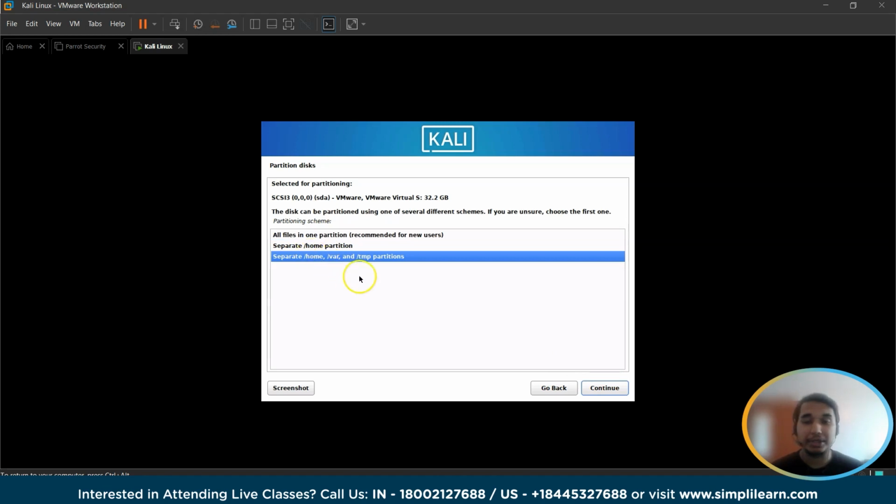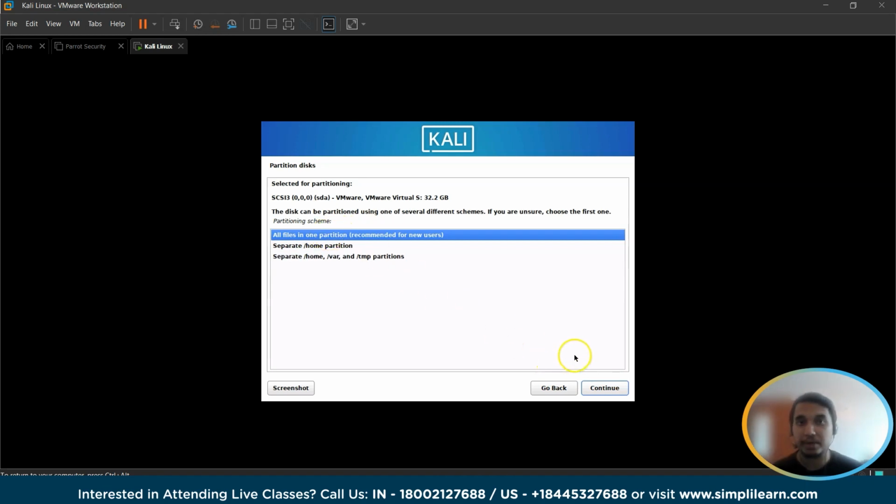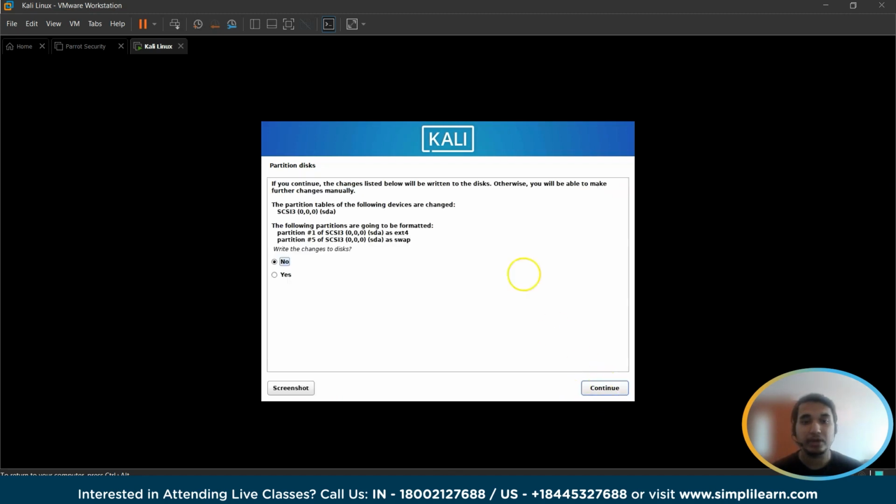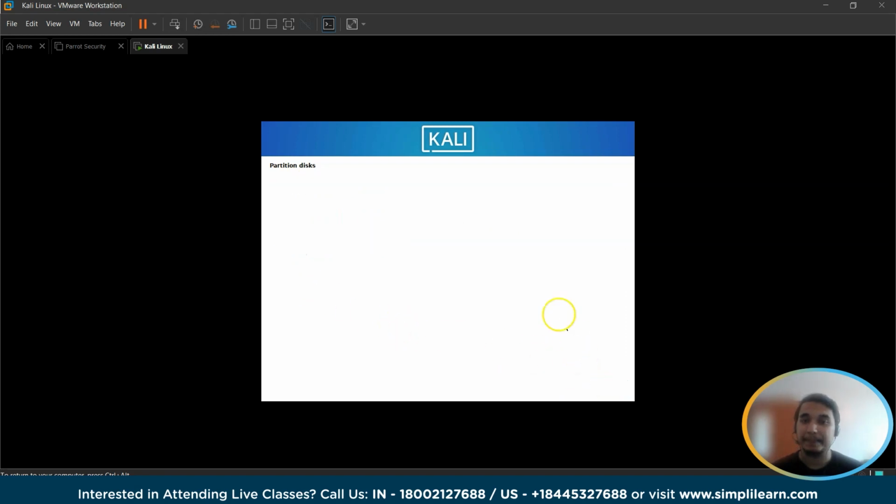You can partition it into home, TMP, maybe other partitions as well that you can keep, a swap partition as well, but that's not necessary now. We'll keep all of them in a single partition. Just make sure all the changes are there. It will create the swap memory on its own, and click on continue. It will ask that these are the changes being made. Just select yes, continue,